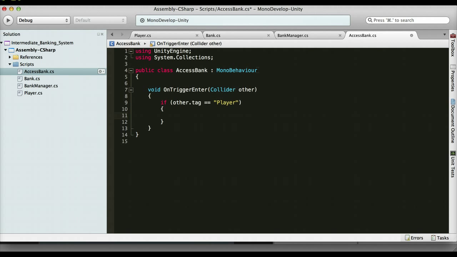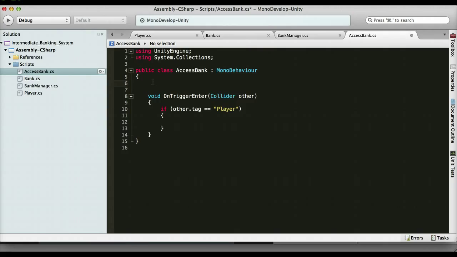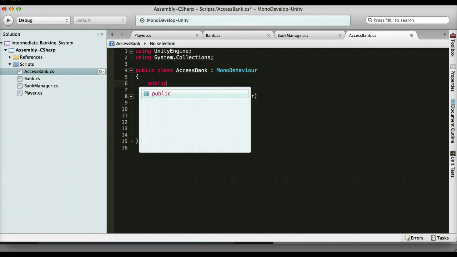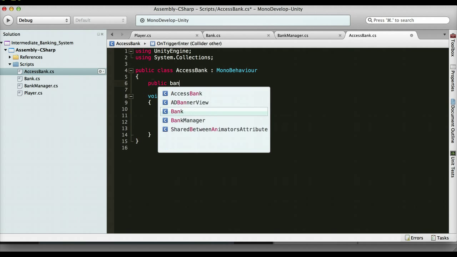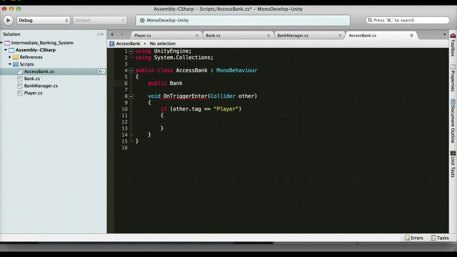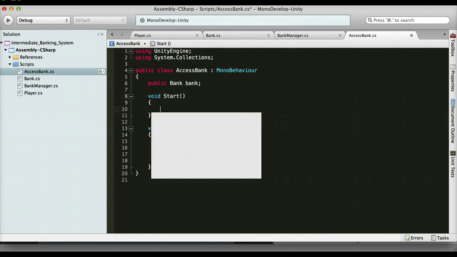All right, so we need to know first off, for instance, access bank. We can have here, what bank is this? This could be, for instance, what we would do is we would have a variable of type Bank. So we'd have here public Bank, and then we would say bank, I guess. And what we're going to do now is in void Start, we're going to say bank